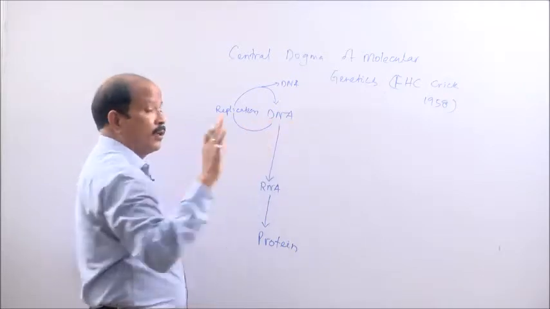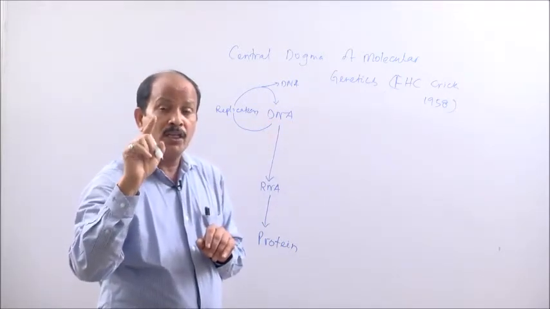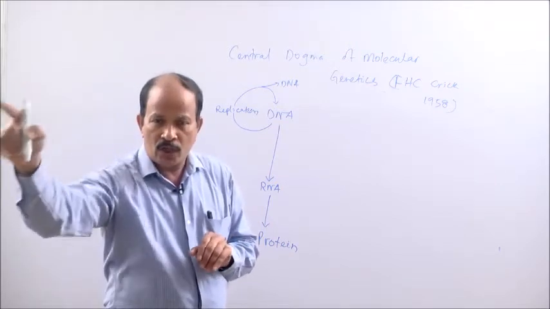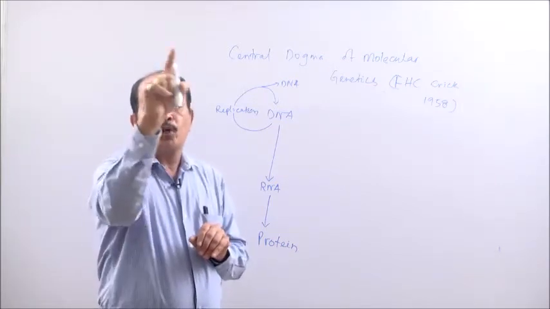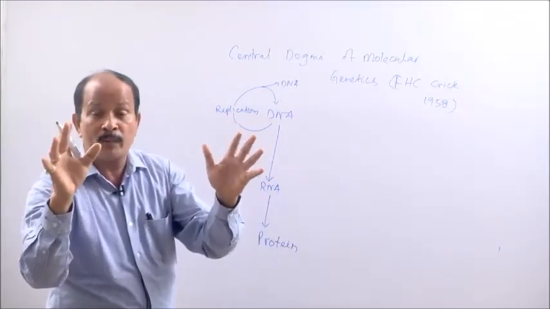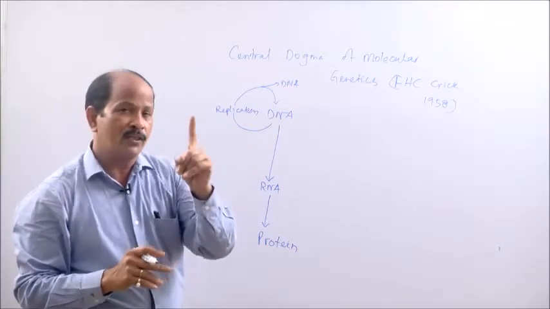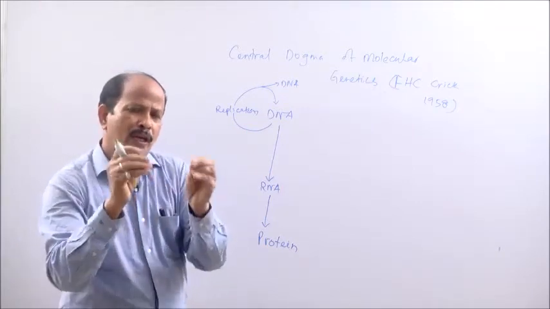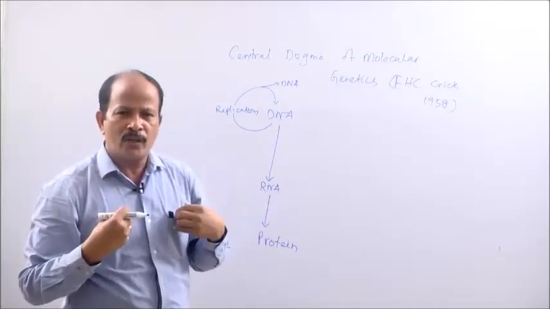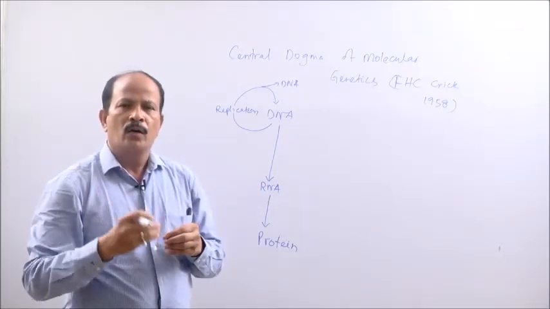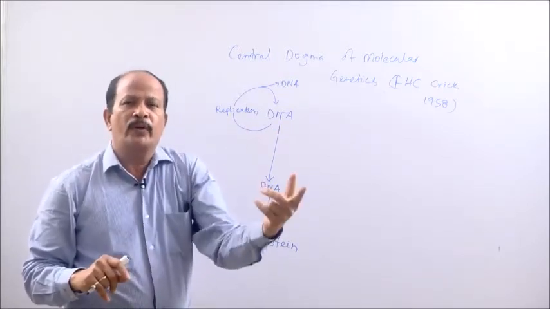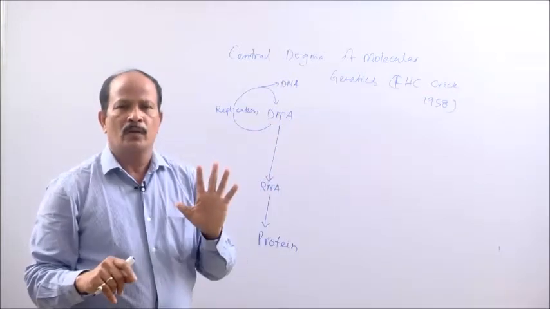But DNA, you can see, is present in a cell in single copy. If you look at the prokaryotic cell, there is a single copy of circular DNA. In that circular DNA, there are 4,500 genes, but that is a single copy. If the DNA is lost, the cell is lost. Similarly, in our cell, chromosome 1 from the father side is present in one copy, and from the mother side, which is a little bit different, is also present in one copy.